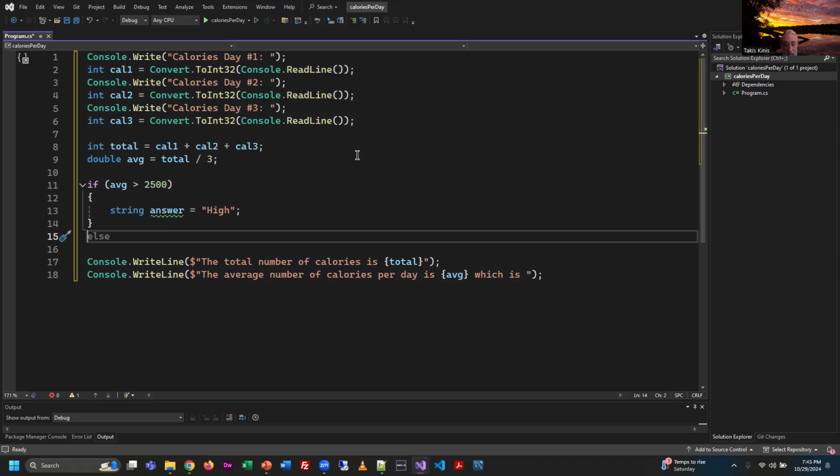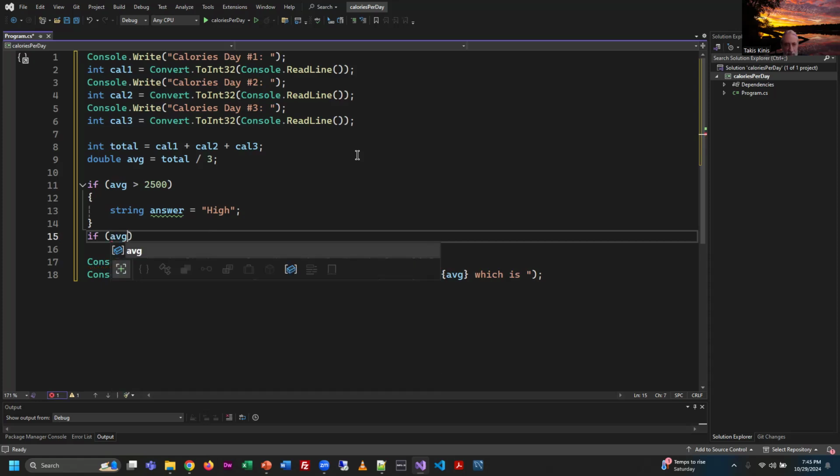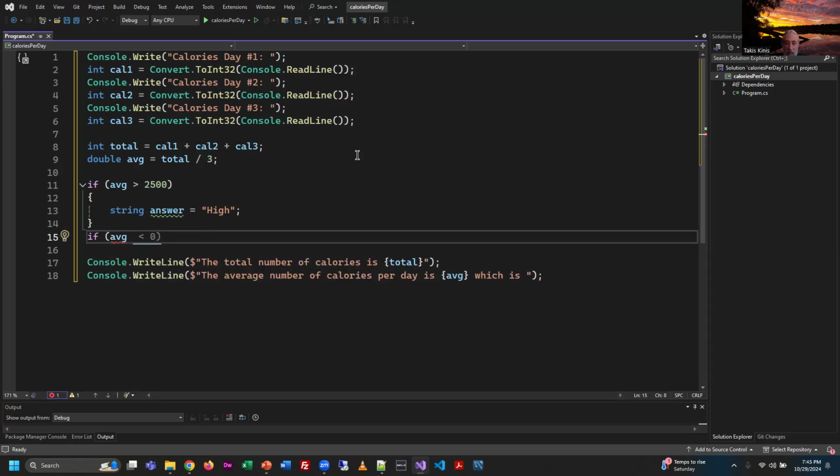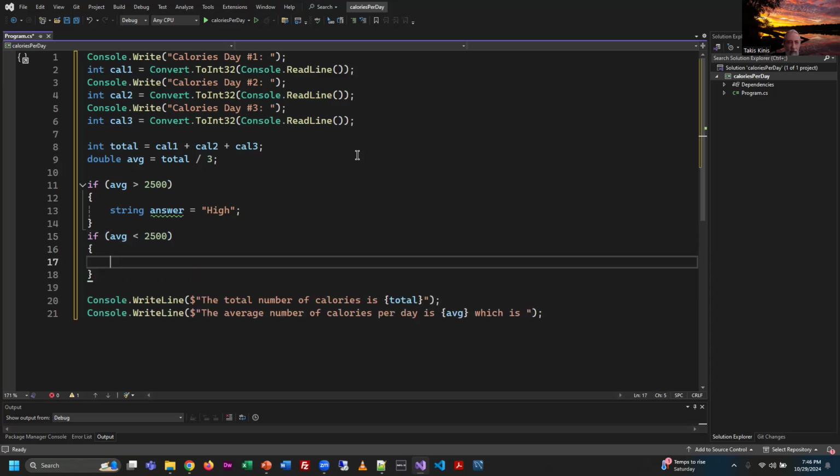If the average is less than 2,500, oops, forgot my curly brackets there. And you notice how Visual Studio, you type the opening curly bracket, it types the other one for you immediately, right? And then our other issue here is,